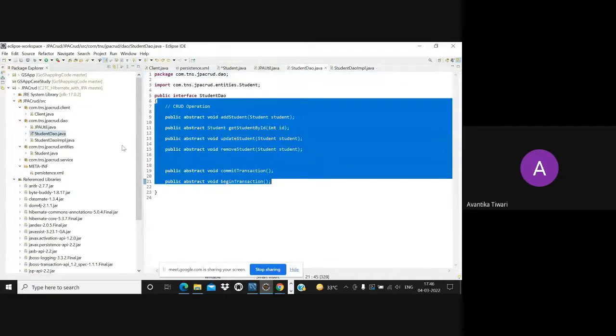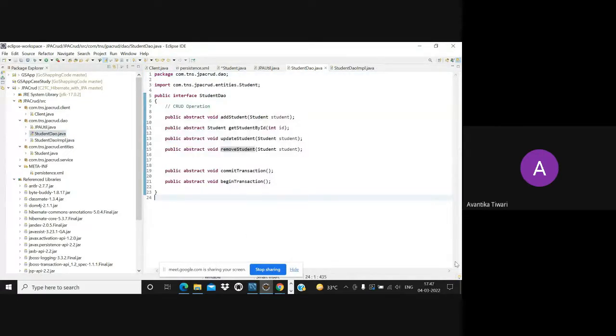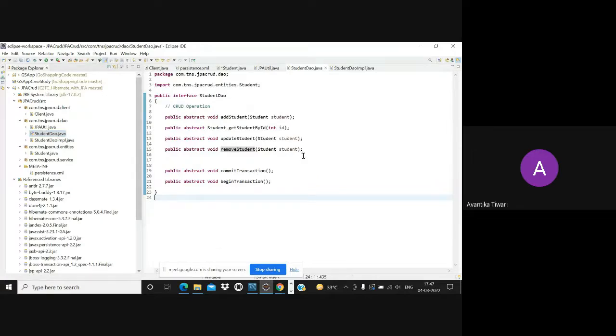There will be one interface having all the abstract methods. Someone who is understanding the requirements will be responsible for adding or removing methods from the interface, and someone will keep implementing them in the actual class which implements the interface. So how many methods do we have?